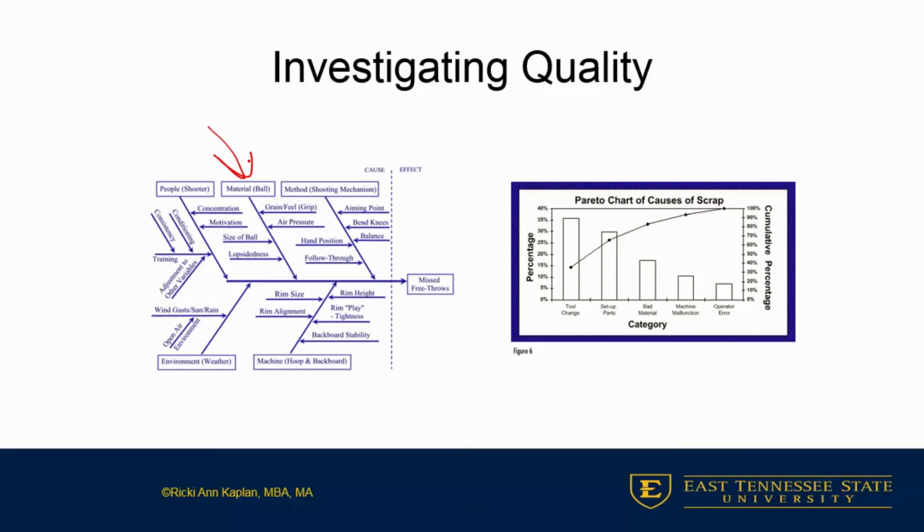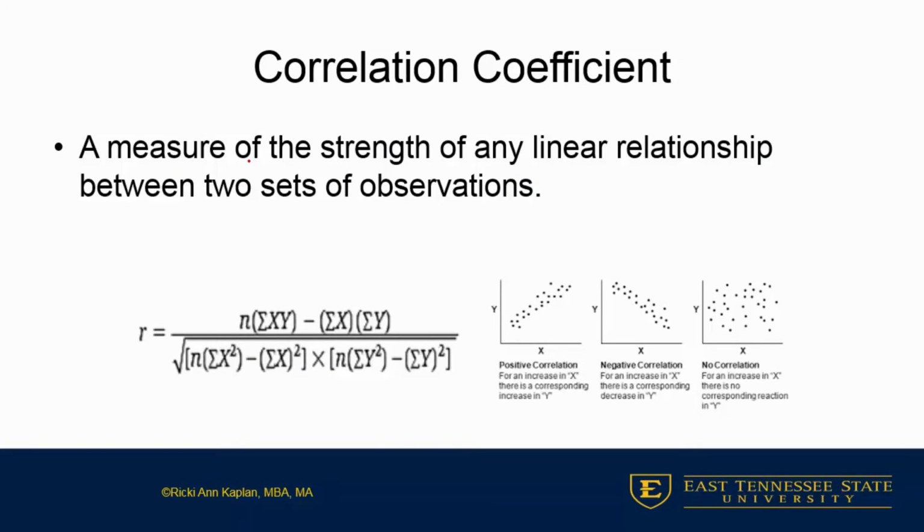The Pareto chart, what are the reasonings behind it? What's causing certain things? We can take a look at correlation coefficients, a measure of the strength of any linear relationship between two sets of operations. We have the formula here, and while you will not be working on problems, you do need to know how